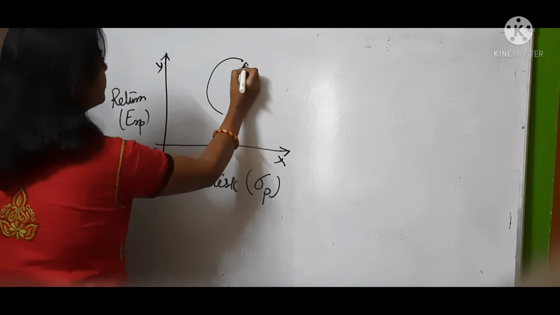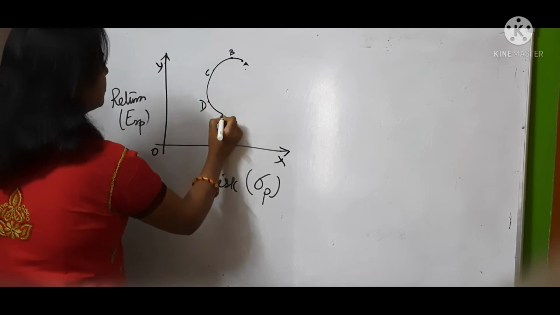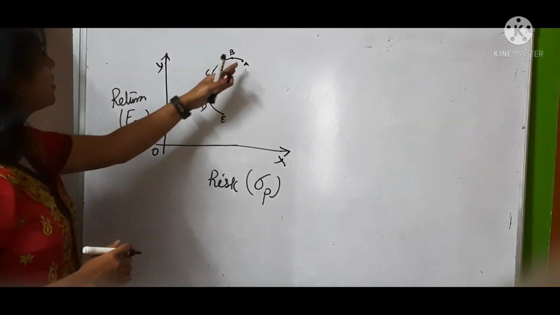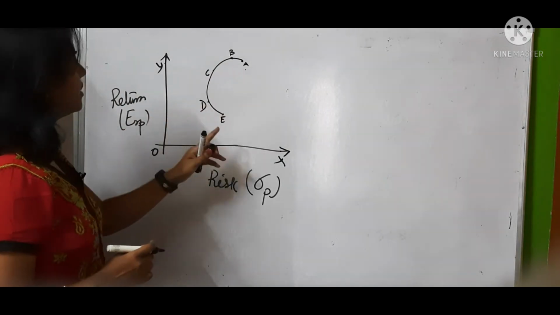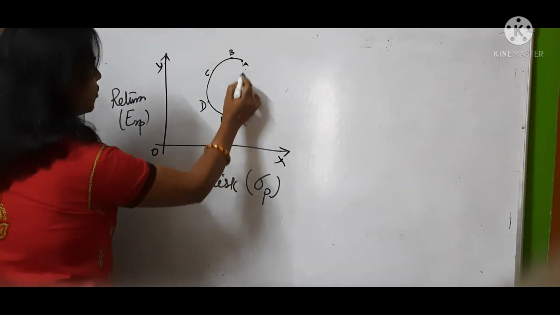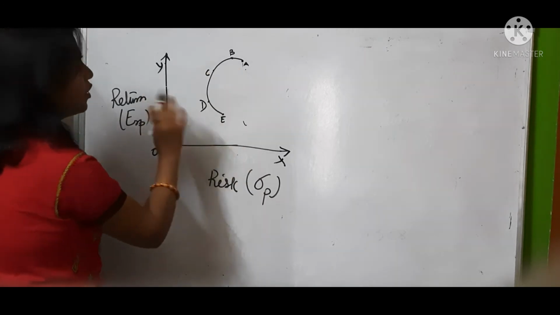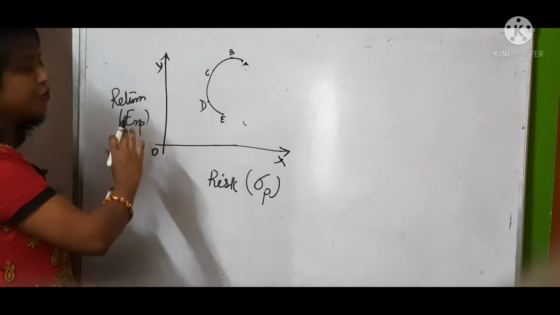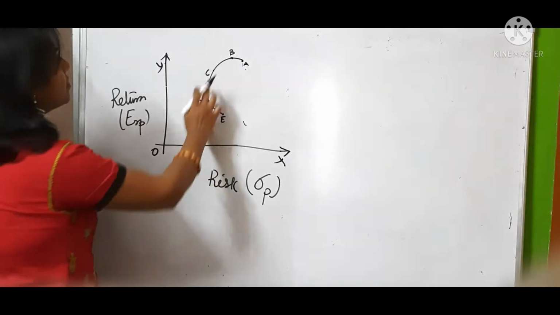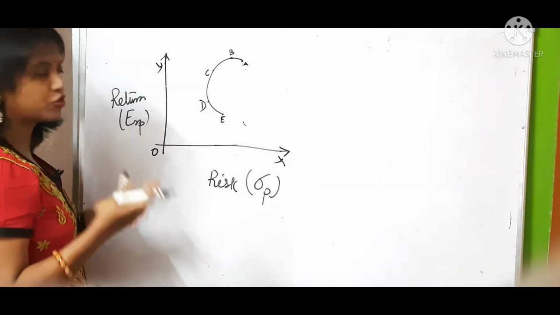Suppose I write these imaginary points A, B, C, D and E, as in my last example. Now if you observe, A has some risk and some return. B has some risk, B gets some return. Similarly C, D, E, they all have some combination of risk and return which are different from each other. You will not find that E and D have the same risk and return. They will be different either in terms of risk or in terms of return.